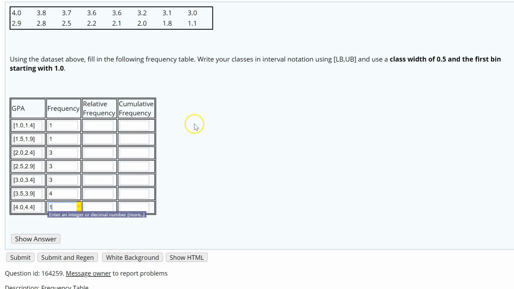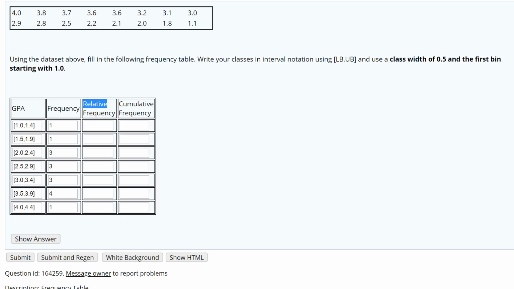So the next part that we have to figure out is our relative frequency. Remember, relative just means we're turning this into a percentage or decimal. So we have to know how many values total there are in this data set. So we can either count it up or we can add together all the frequencies here. But I'll just count it. 1, 2, 3, 4, 5, 6, 7, 8 times 2 is 16. So if we have 16,